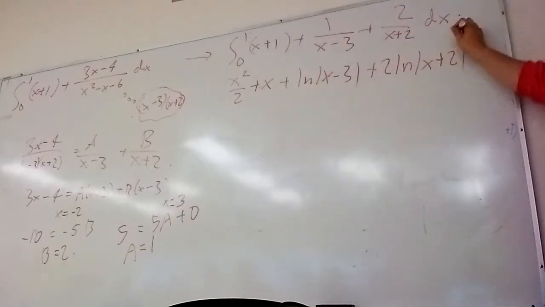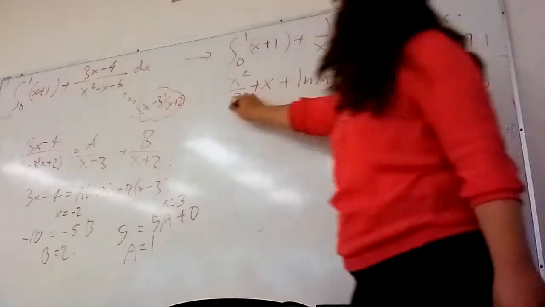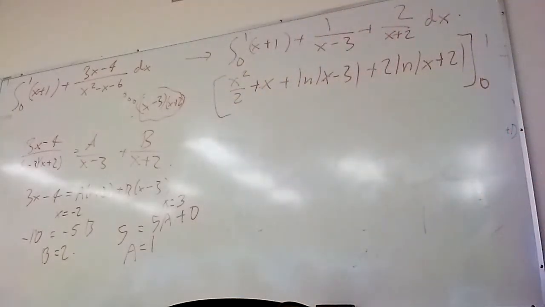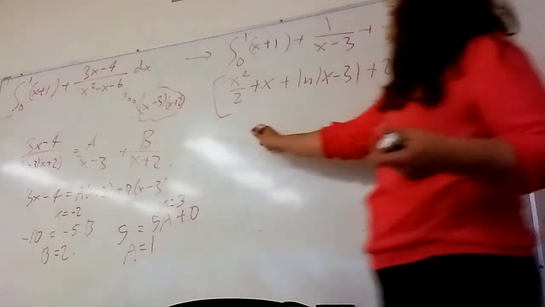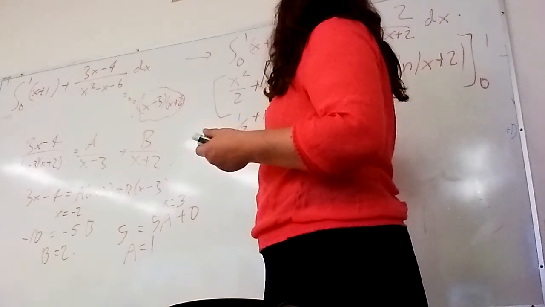And now we need to do this integral from 0 to 1. It's a definite integral. Plug in 1, we get 1/2 plus 1 plus